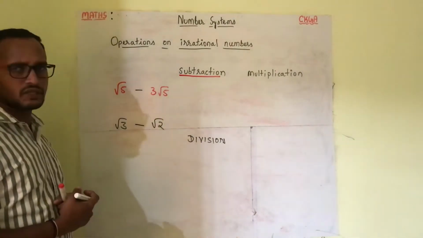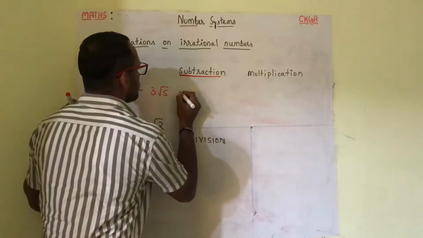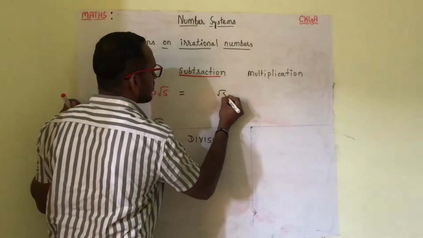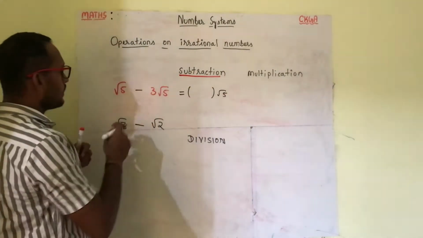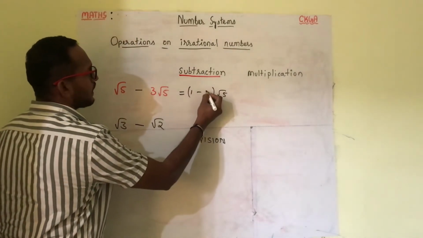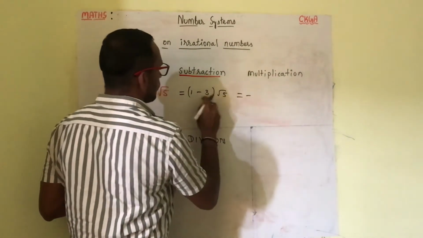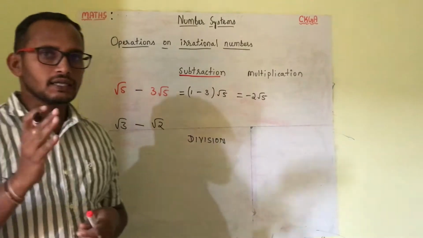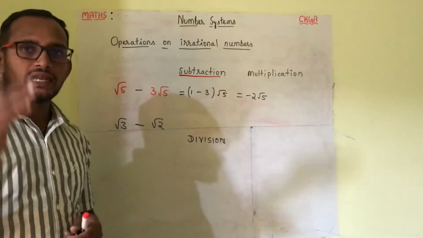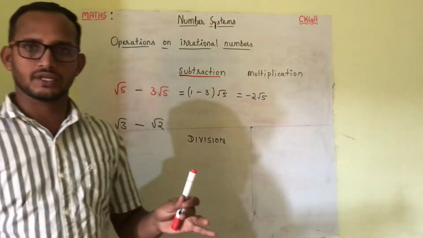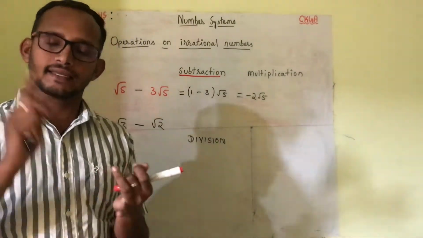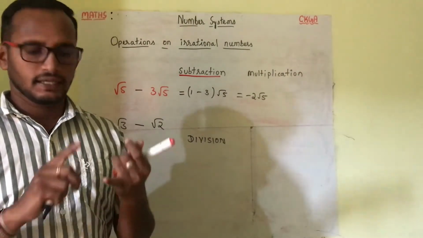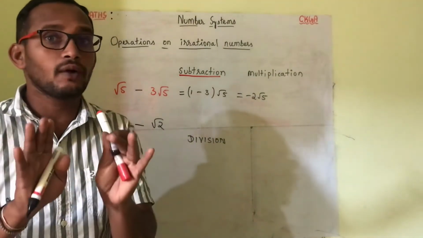So what about root 5 minus 3 root 5? Here you can operate it. You can use another procedure here. You can just take root 5 as a common factor. If you take root 5 as a common factor, what remains here? You can say 1 root 5, that is 1 minus 3, which is minus 2, so minus 2 root 5. So now the subtraction process occurred in case of like irrational numbers. Finally I am telling you, like irrational numbers can be subtracted and can be added, but unlike irrational numbers cannot be added and cannot be subtracted, you have to keep them as it is.